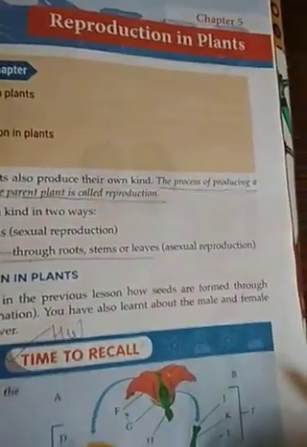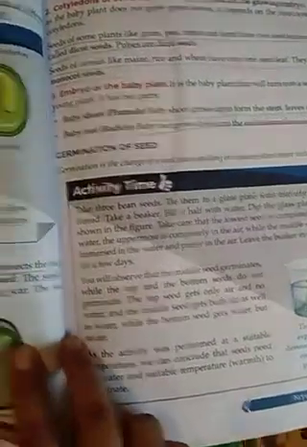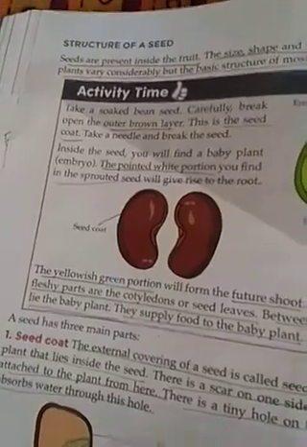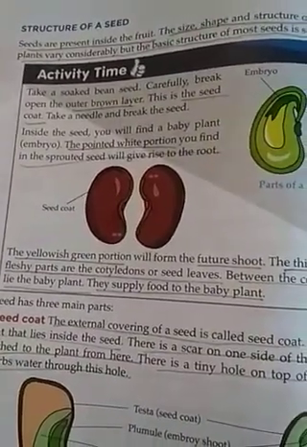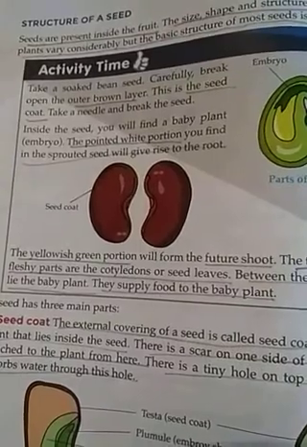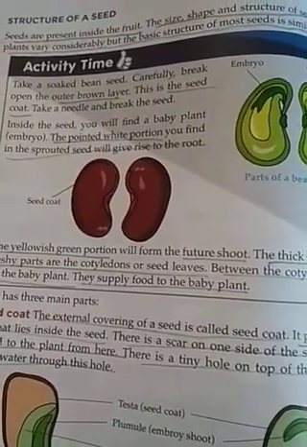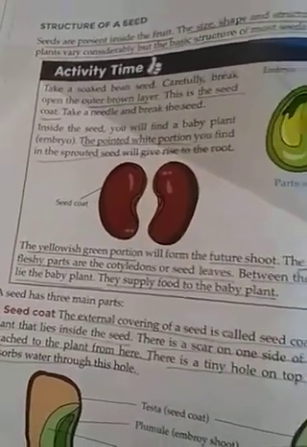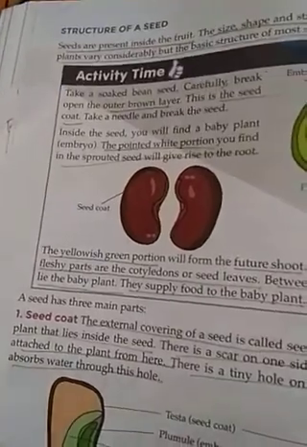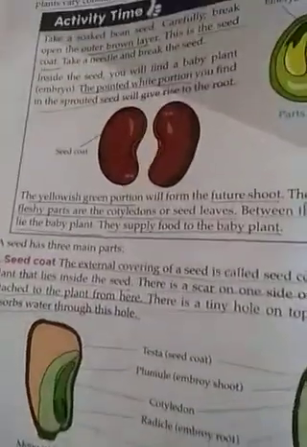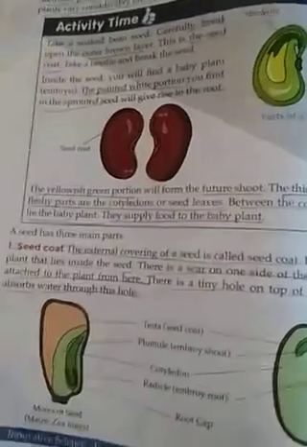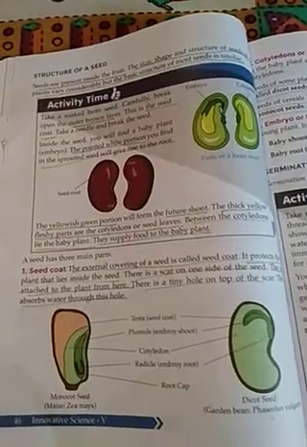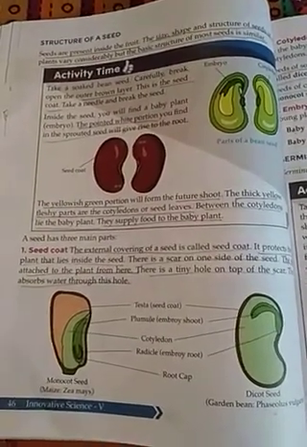The reproductive part of a plant is the seed, and those plants that reproduce sexually do so via the seed. In plants, asexual reproduction also happens, by the help of a vegetative part. If a plant reproduces itself by any vegetative part like root, stem, or leaves, that is known as the asexual means of reproduction. And when the plant reproduces by means of seeds, it is called the sexual means of reproduction.